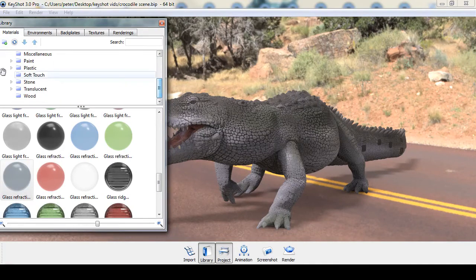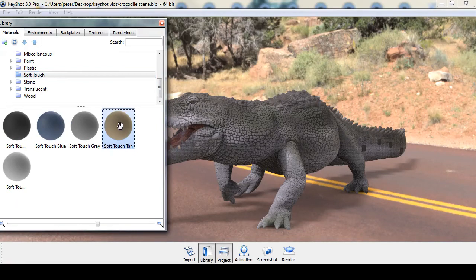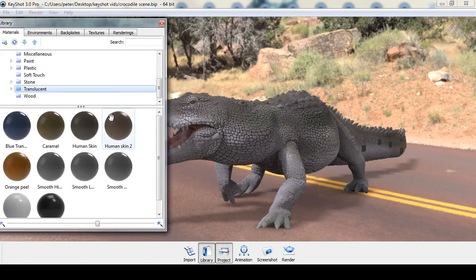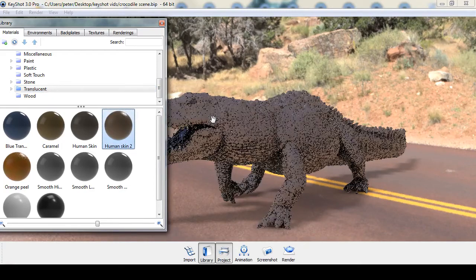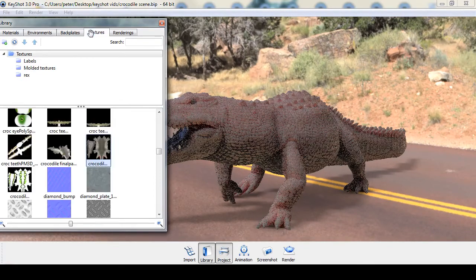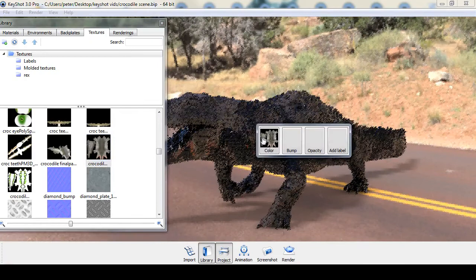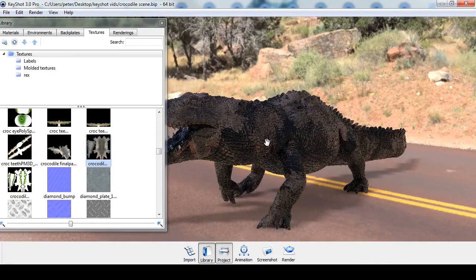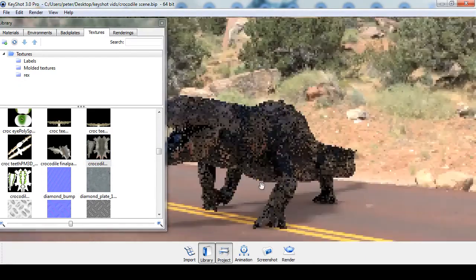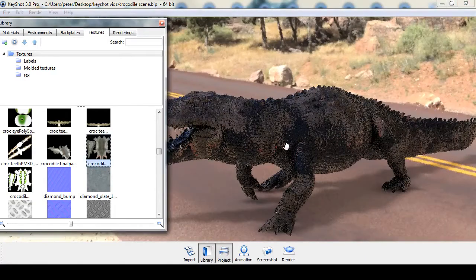there's a folder called Translucent. Sorry, no one. Translucent Human Skin. If you drag it to the model, you start to see subsurface scattering, but if you try and apply your texture map, it can cause problems. And I suspect it's down to the fact that